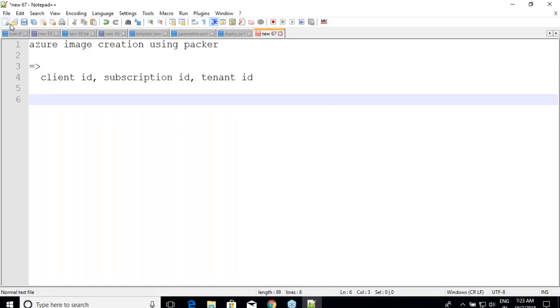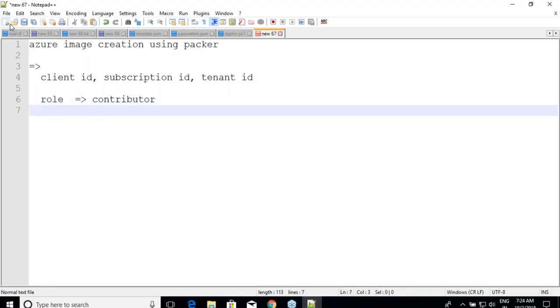First you need to have some role. We'll be using a role called contributor. Contributor is a person who can do something. Owner is a person who can do something as well as being the owner of it, so you'll also have control on billing. The other one is a guest user, or normal kind of user, who can just look at things. Since we are doing something, we need this contributor kind of role.